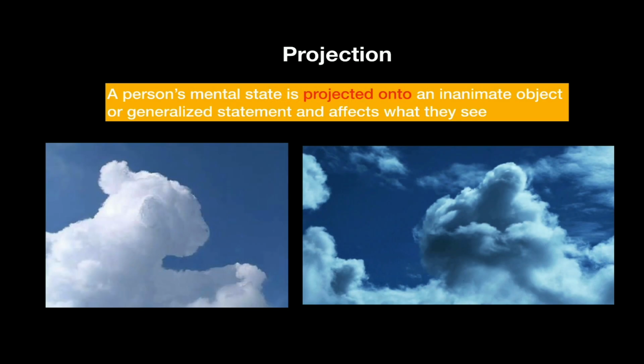We project an idea, a mental map of something that is familiar, onto things that shouldn't have those things, inanimate objects, like the Mars rock, right? We're projecting a face on that Mars rock. Here's those clouds, right? We project, what is it, like a bear cub or a tiger cub in that one. And the one on the right is a little rougher, but it looks like a head and some arms, and it looks like somebody's reading something. I don't know. It's pretty interesting. So that's projection. Pretty easy to figure that one out.